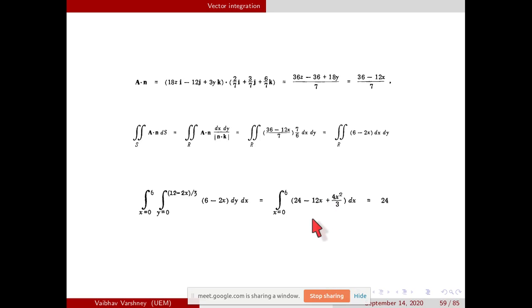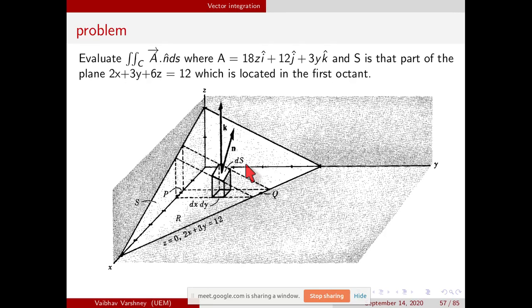Y is equal to 3 means you substituted the x value 0. Similarly, we can substitute the value for the other equations. See, you have to do this one by one. I am doing it in the xy plane, so z is always 0 in the xy plane. So we need two limits, one is the y limit and the other is the x limit.